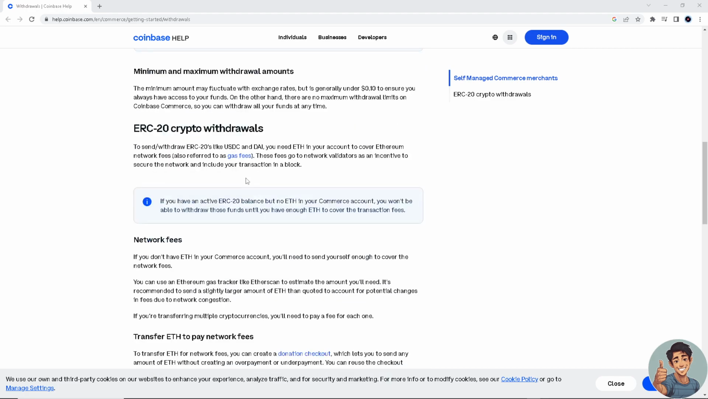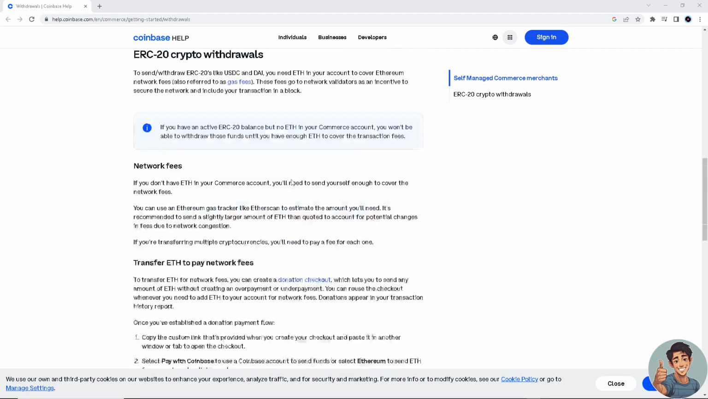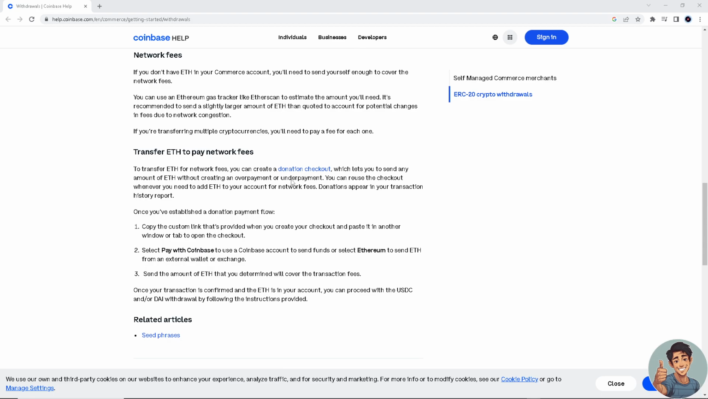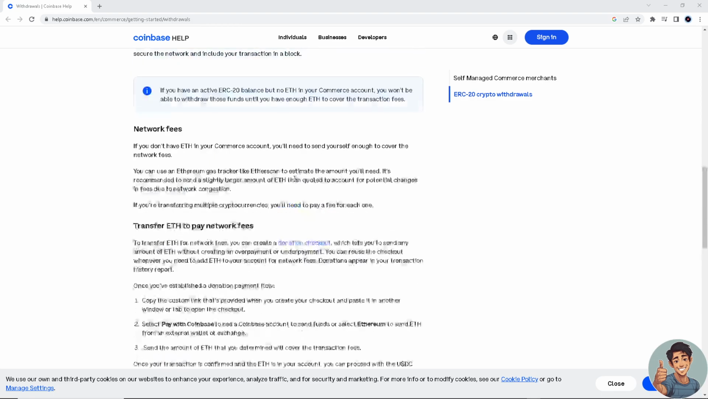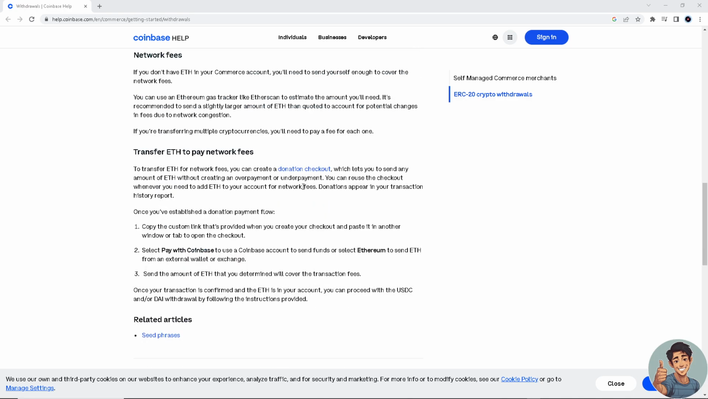So there's a lot of information here for you to check out. I suggest you go here in this help section, understand and read all the information, and if you have questions,